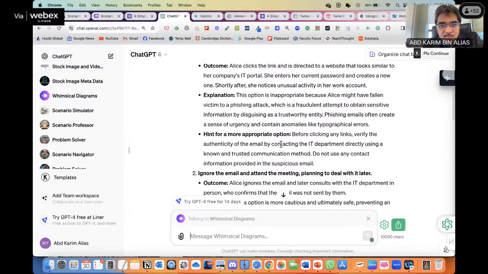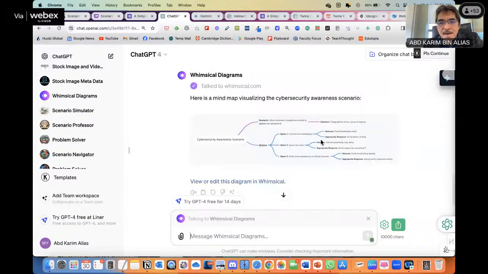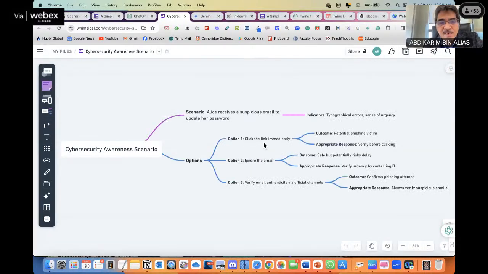The easier way to avoid this confusion is to visualize it in the form of a mind map. And I can view this in full screen, a bigger screen, in the Whimsical application itself. I have logged in, so it will connect to Whimsical seamlessly. Then I can see here the cybersecurity awareness scenario.